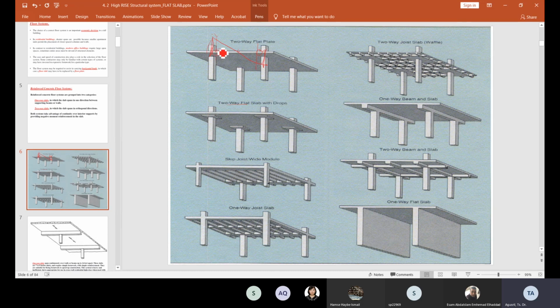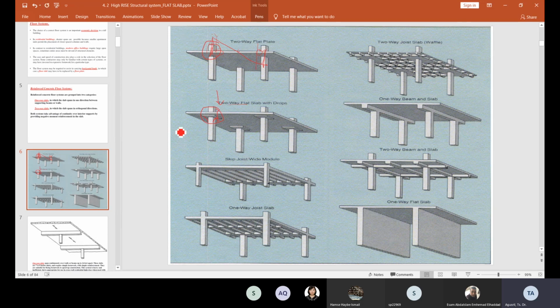Sometimes the slab thickness is not sufficient to cater for the punching shear force, or the shear force coming from the applied load. So in order to increase the thickness at this certain area, we need to provide the drop. You can see here the drop. Okay, and then the other case, for example, if the drop still is not sufficient to support for the shear force, we need to provide the column head. Okay, by providing additional column head here, so that the thickness of the area with the distance 2D from the face of column will be sufficient to support for the punching shear, acting vertically from the applied load.